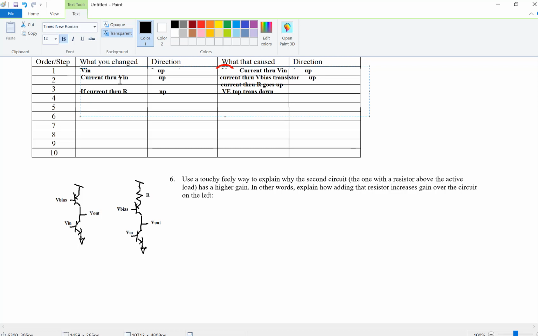Since the voltage across the resistor goes up, the voltage at the emitter of the Vbias transistor, so Vbias transistor VE goes down,